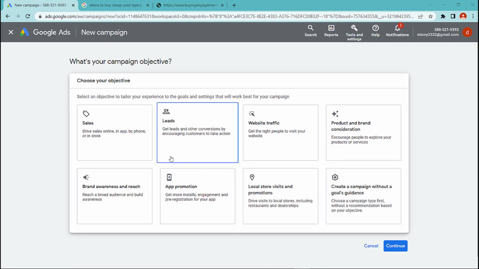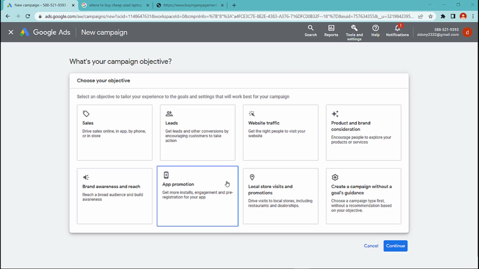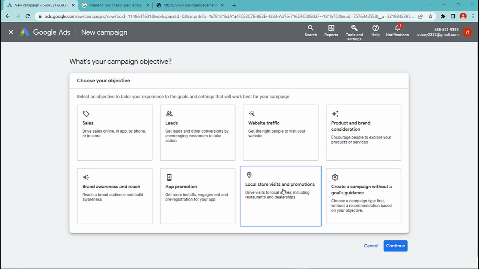These are just a few of the campaign objectives available in Google Ads. When selecting your campaign objective, it's important to choose one that aligns with your overall marketing goal and the type of advertising you want to do. By choosing the right objective, you can ensure that your campaign is set up to achieve the results that you want.